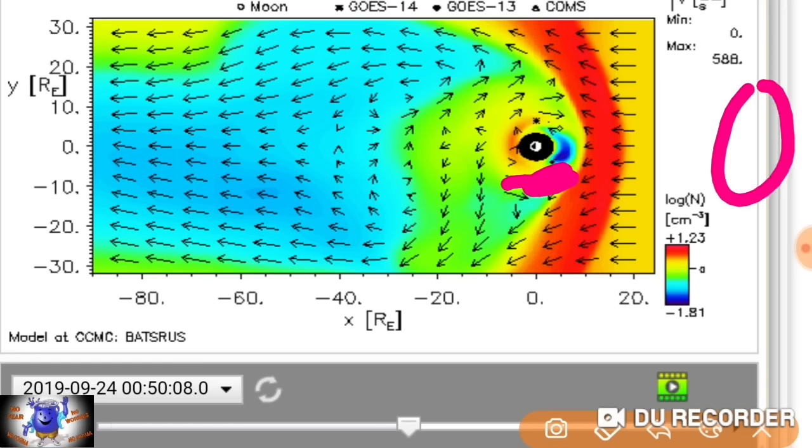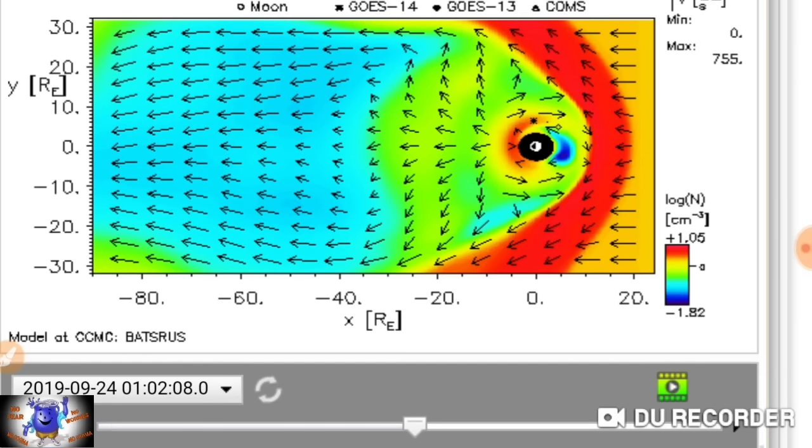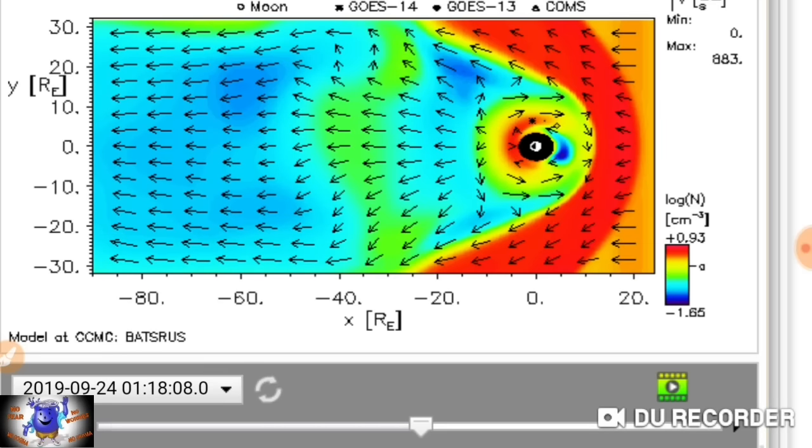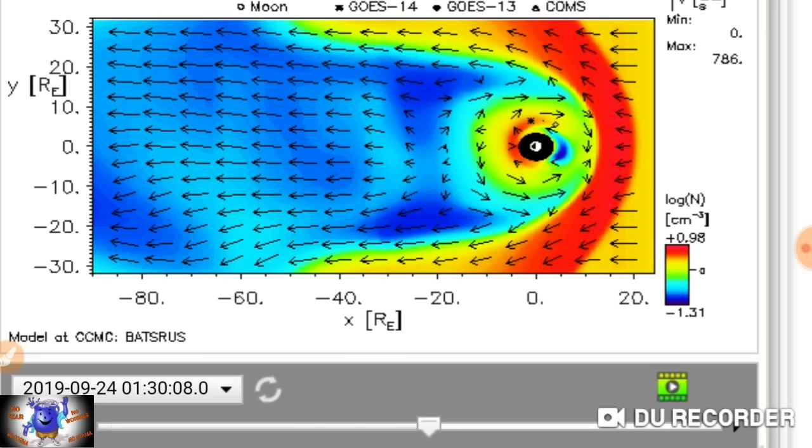How is it possible for us, and you're going to see it in just a second because I already looked at it, to push that hard against what the sun's throwing at us? How is that possible? Okay, 755, that's a strong wind speed right there. Okay, 883. Okay, and then it starts dying off. Now, but watch this. Okay, we're getting ready to get to that 2